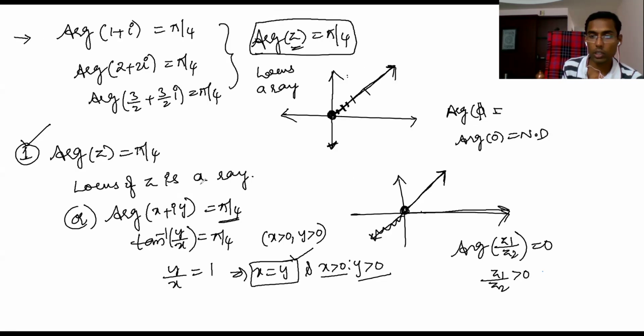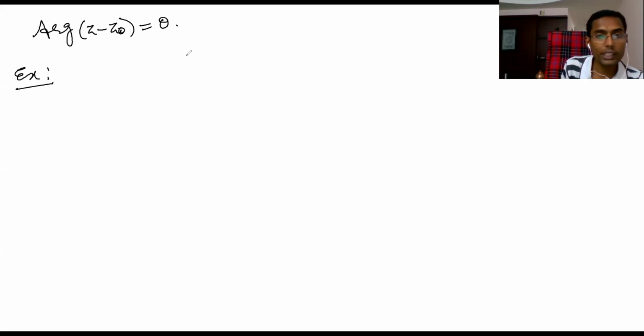Okay. So second. Let's go now to the next point. What is that next point? Argument of z minus z naught I am writing equal to some angle theta. What does it mean? To explain, I'm telling argument of z minus z naught equal to theta. First thing you should understand is that already I explained this one, that